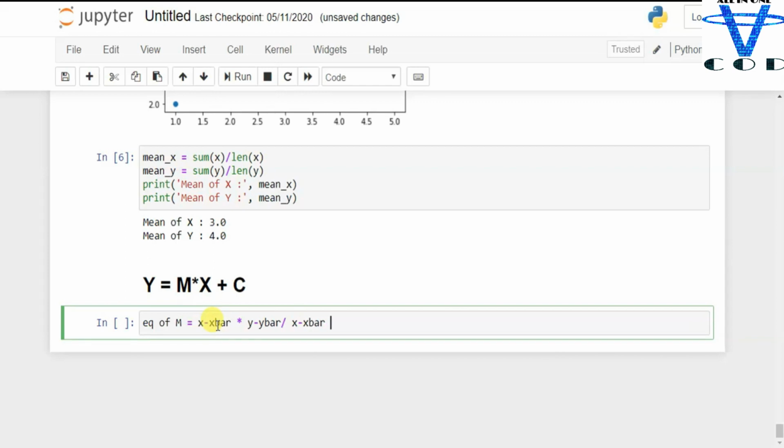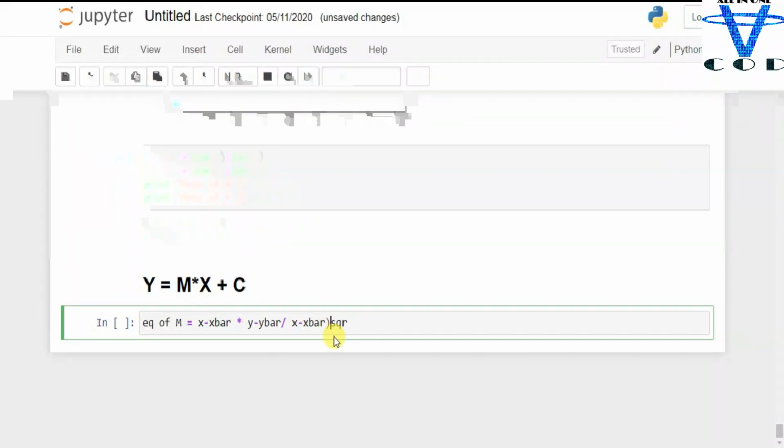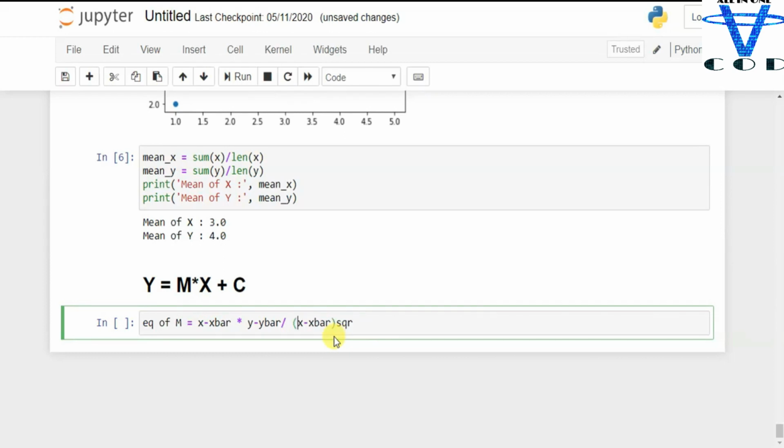Okay, I'm going to use SQR. So this is the equation of finding m.